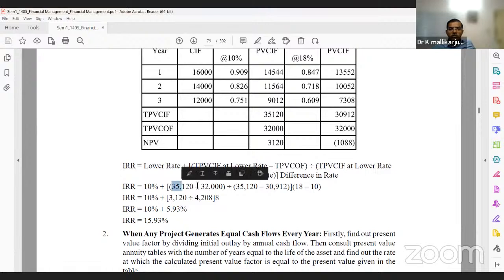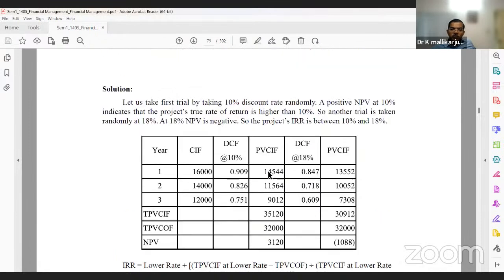So this is 35,120 minus 32,000 cash outflow, divided by 35,120. By these 39,000, the percentage is 15.93%. So here the assumption in this IRR method is,